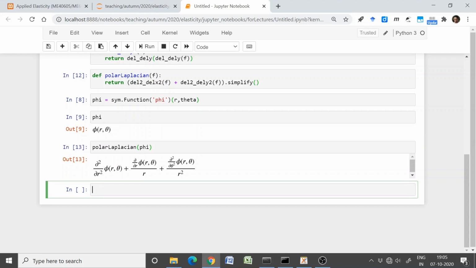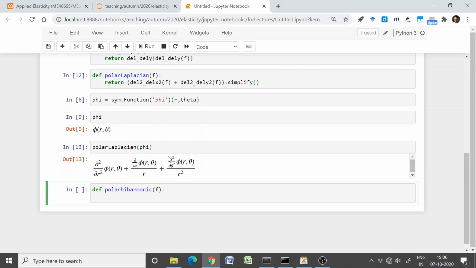The polar biharmonic, or the biharmonic itself, the polar is just a description to explicitly mention that we are working in the polar coordinate system, but this is the Laplacian. For the biharmonic, all we have to do is make the polar Laplacian operate on itself, because del 4 is nothing but del square operating on del square. So let's define this polar biharmonic just like we had defined the polar Laplacian,